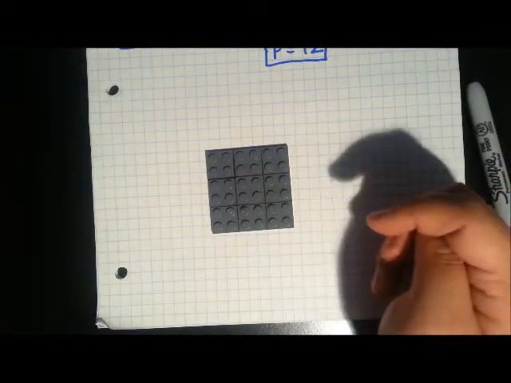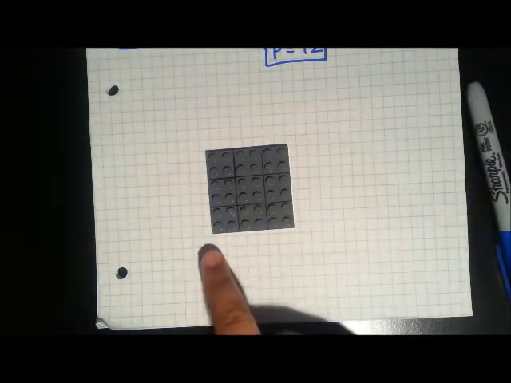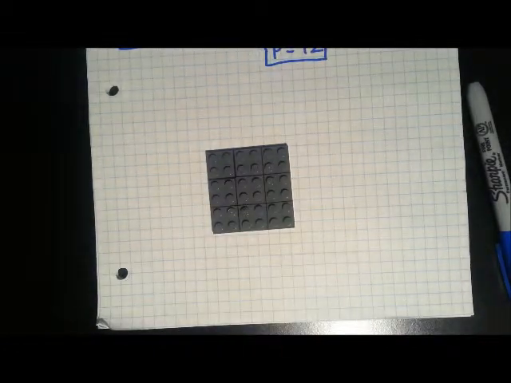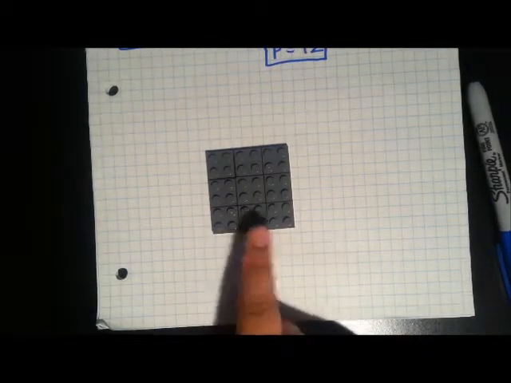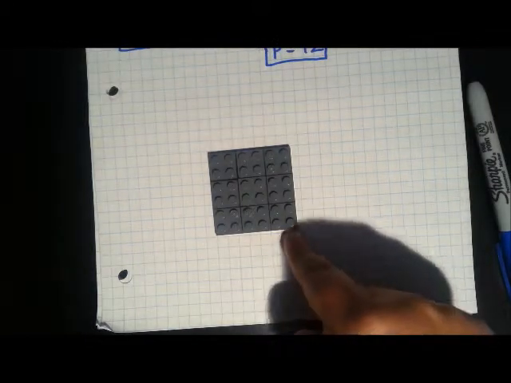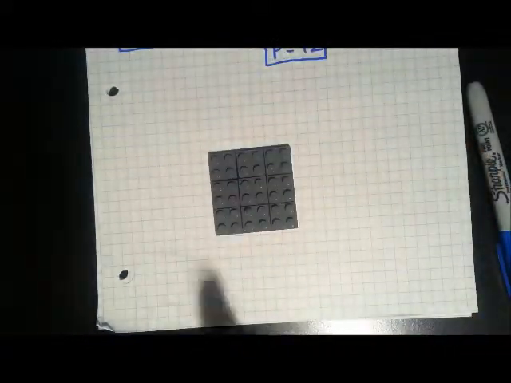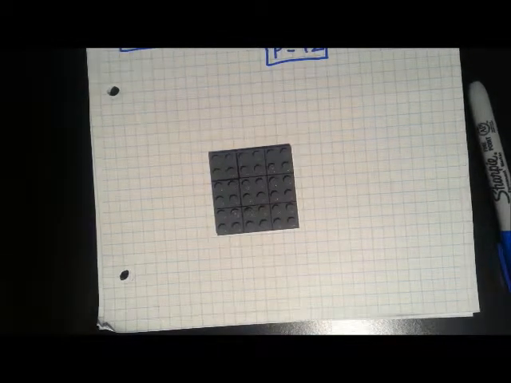What you would do is you would need to know how much fencing you need on each side. And so you would count the units of each side, and then add them all the way up. So that's what you would do